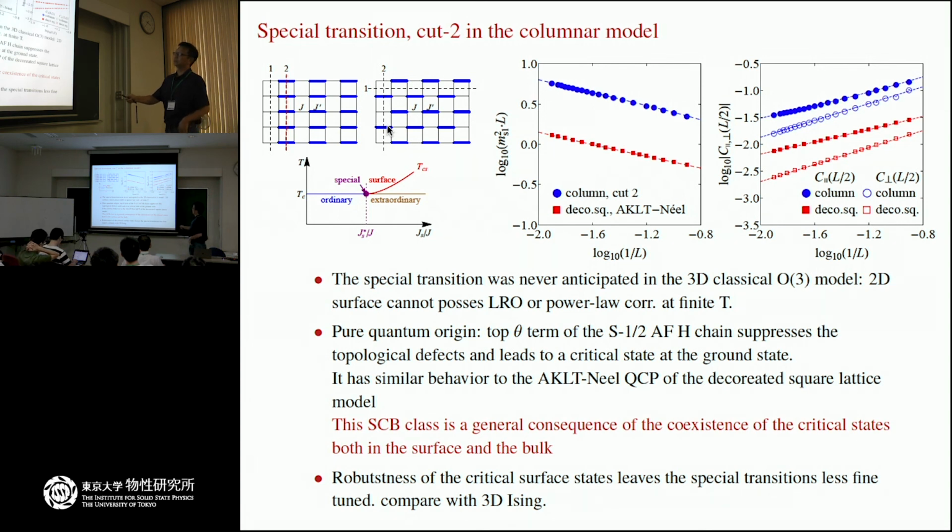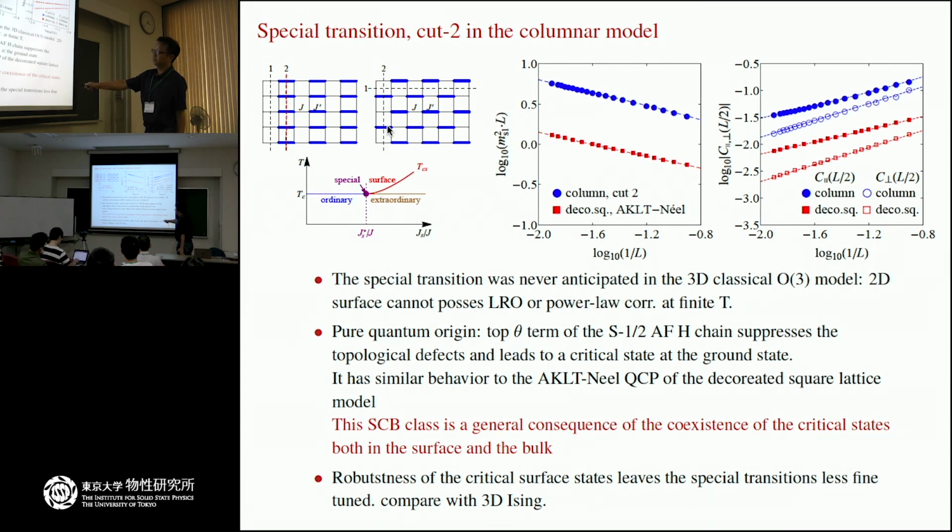It was never anticipated in a 3D classical model, right? Because we don't have Mermin-Wagner. There's no long-range order, so you cannot fine-tune such a transition. And even more important, this critical state has a pure quantum origin. It's the topological theta term of the S=1/2 antiferromagnetic Heisenberg chain, which suppresses the topological defects and leads to